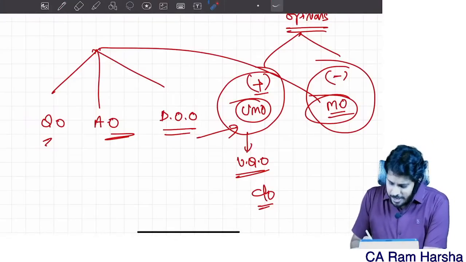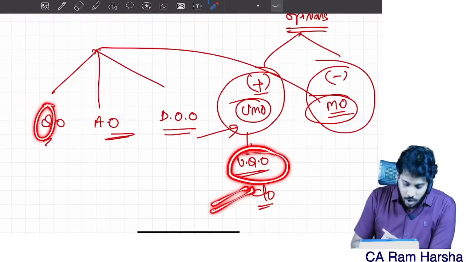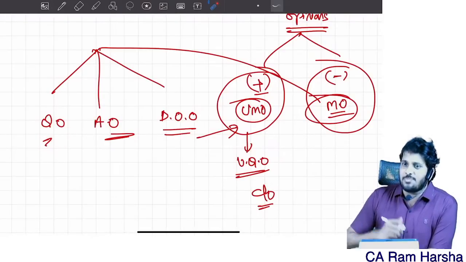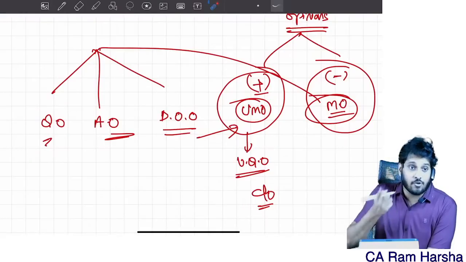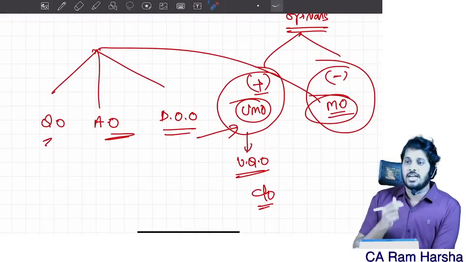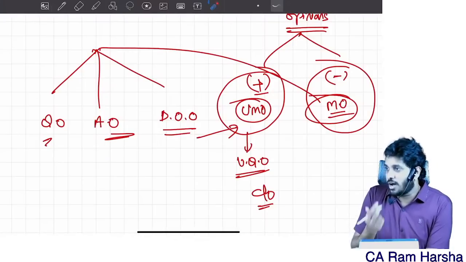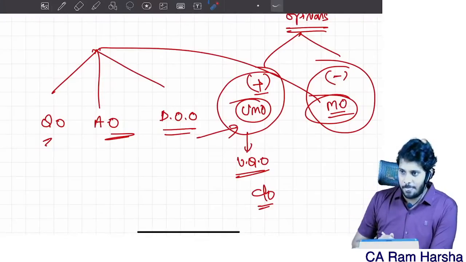Now some of you might have a doubt: why is unqualified opinion a positive opinion, and why is qualified opinion a negative opinion? Generally qualified is a positive terminology, right? Why is it given a negative connotation? In medical or legal terminology, qualified means what? I have a qualification there, a reservation there, an objection there.